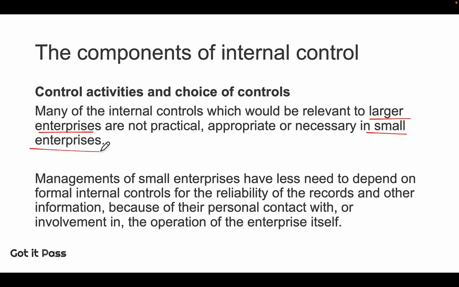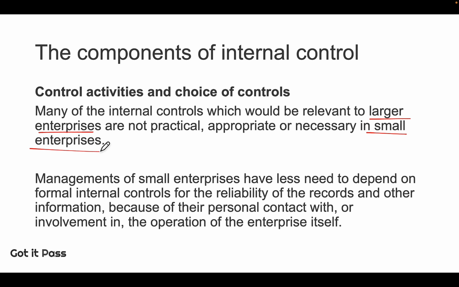In that sense, almost all authorization, for example, because we just mentioned there are two types of control. One is the document type, the other is authorization type. And for small enterprises, the authorization type control is done by the owner, for example. In this case, all payments have to be approved by the owners. Then, for small enterprises, it's not practical to have a lot of segregation of duties or authorization matrix, because no matter what, the owners will sign on the payments approval.